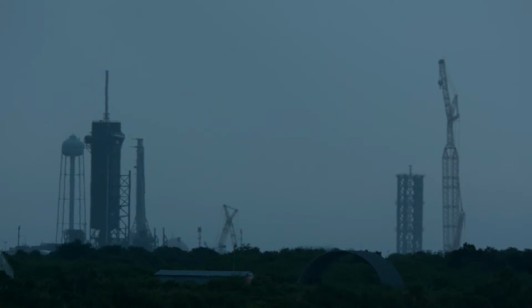On the right side of your screen, you're looking at the destination for this Starship tower segment. You can see the large crane that's sticking up into the sky. That's awaiting the arrival of this fourth gantry segment at the base of the pad. And that crane will hoist this individual tower segment onto the three segments already in place at Pad 39A last month. This is the fourth of as many as 9 tower segments that will be moved out to the pad